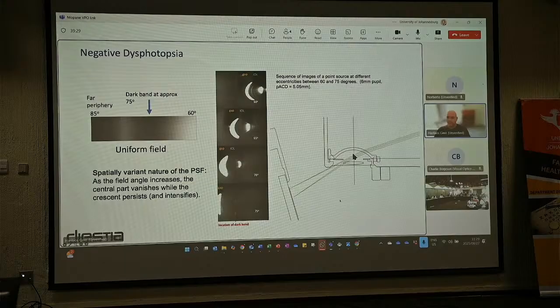While the part that goes around the edge of the lens persists and intensifies, and then this spatially variant nature of the PSF at the edge of the visual field leads into a dark because you have a dual PSF, and then you go towards the periphery. At some point, the second part, I mean the part through the lens, vanishes, and you get an increase in the density and the